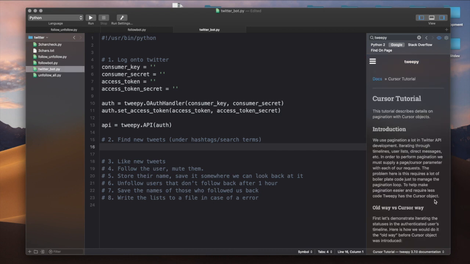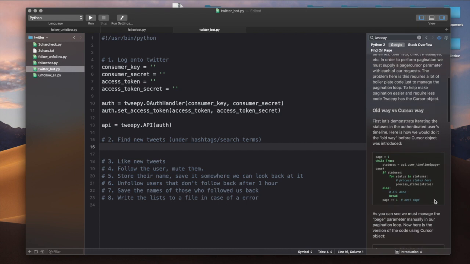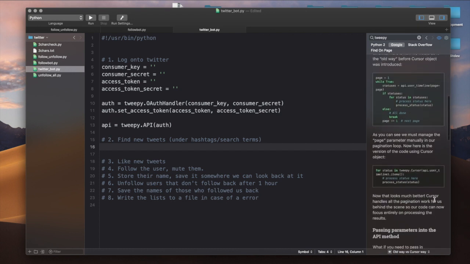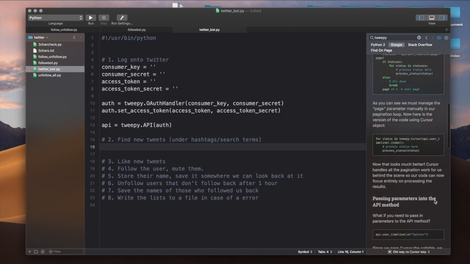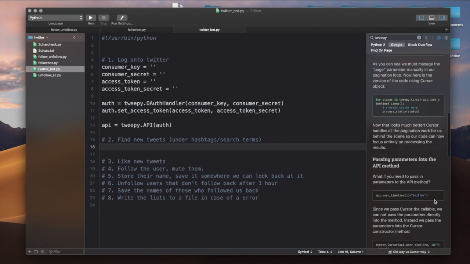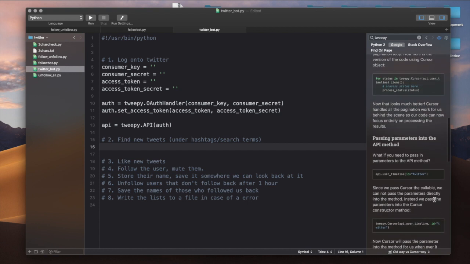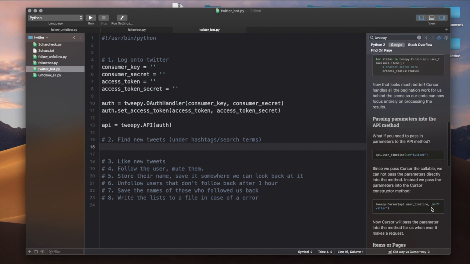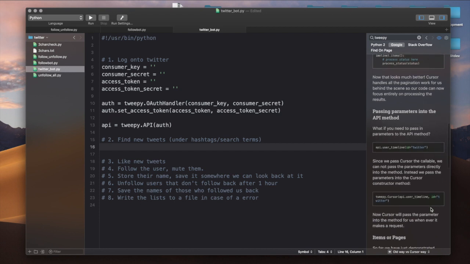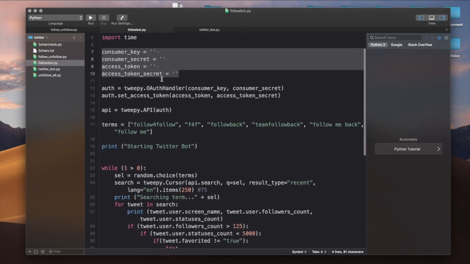Cursor tutorial. Okay, here we go. So basically, for using Twitter, when you want to search for something,